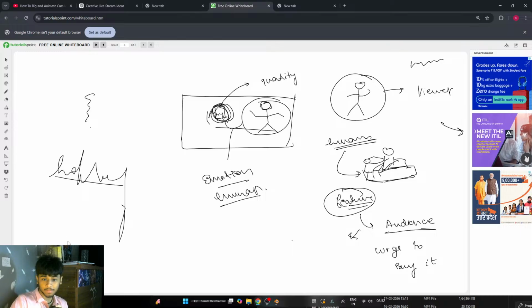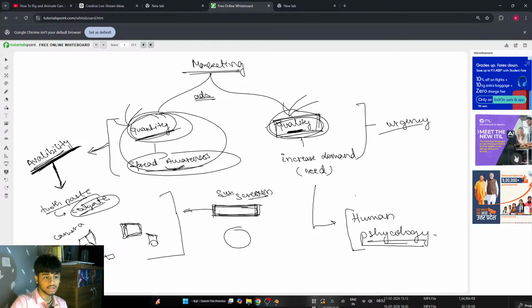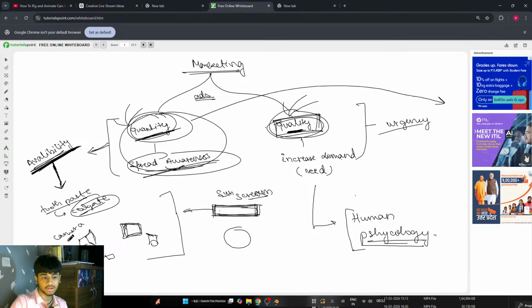So what role they are playing in this place is what I talked about, that is quantity. They are just playing the role of quantity. They are just spreading awareness. Okay, so if you want to talk about AI, there we are, ITIL. If you want to talk about flights, Indigo, there we go, just talking about their discounts and all. If we want to talk about schemes and want people to know about it, there we go. This is the ad.